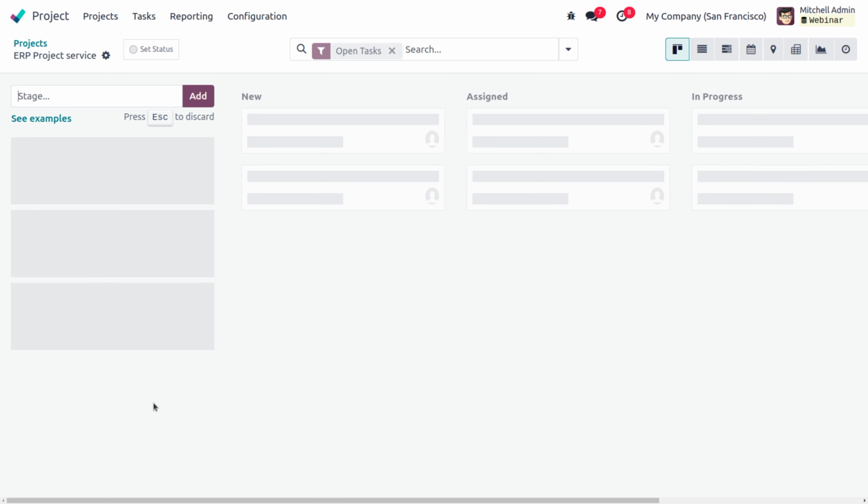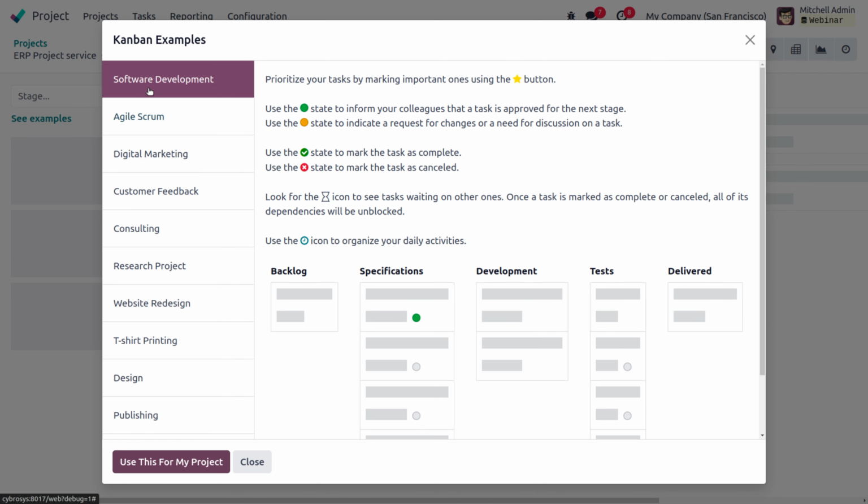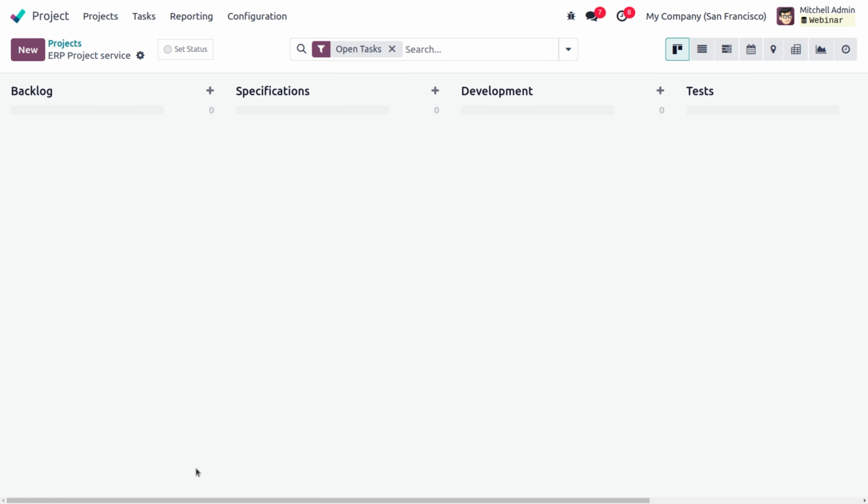Let's create the project and add some stages. This is for software development, so I'll be using the software development example stages like backlog, specification, development, test, and deliver. I'm using this for my project. And for the final delivered stage,